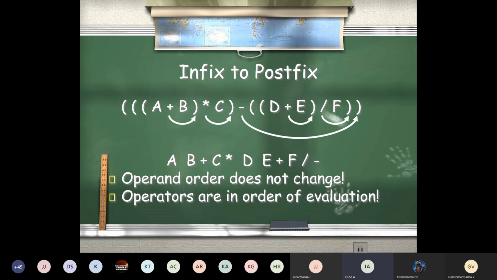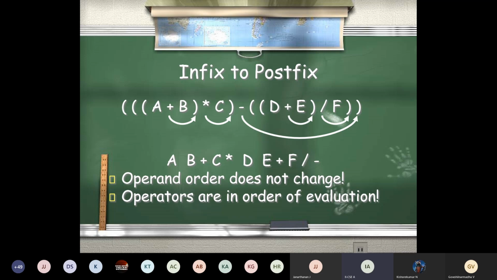you just find out from this expression which one should be solved first. This is a postfix. Remember, this is a postfix expression. So your operator should come after the operands. So if I'm having a plus b, this plus should come after ab. So I already told you the order of your operands is not going to change. So in the next line you can write a b c d e f spaciously. Then decide where your operator should go.